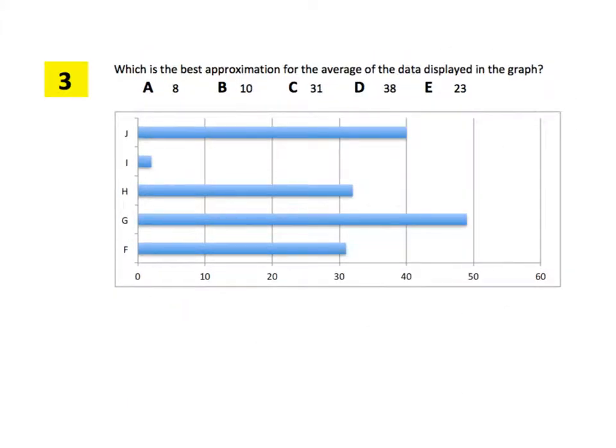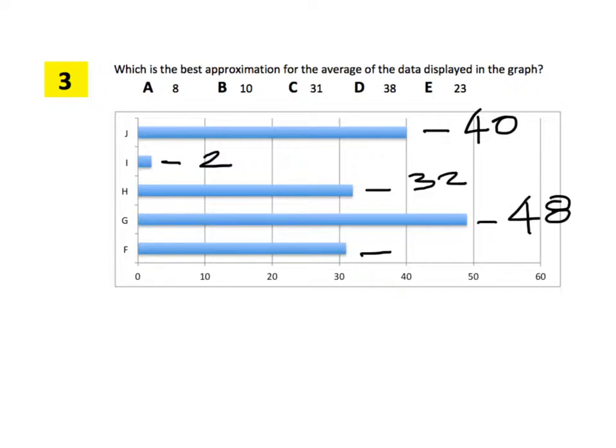What is your best estimation for this one? 40. What about this one? 2. This one? 32. This one? We'll go with 48. What about this? 31. Alright, so we have 40, 42,